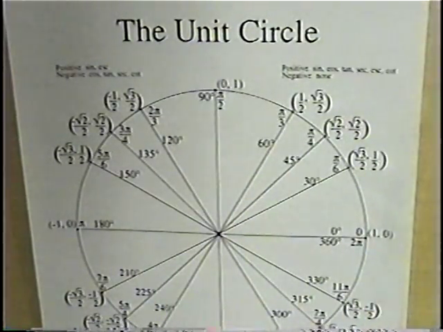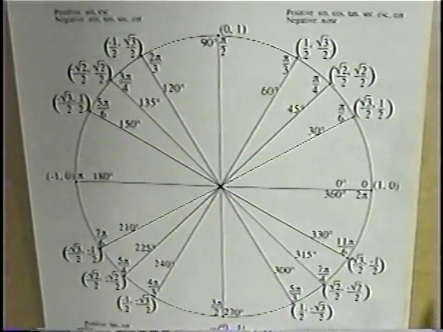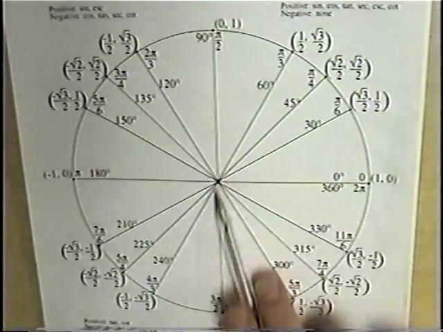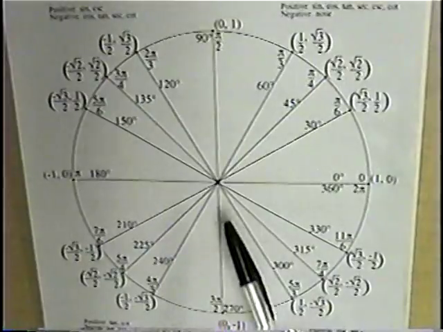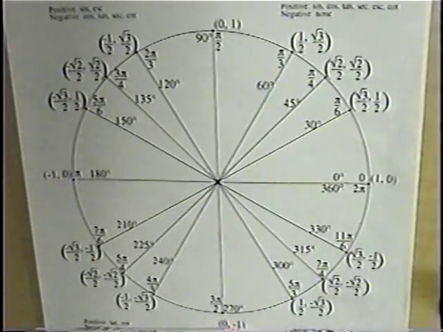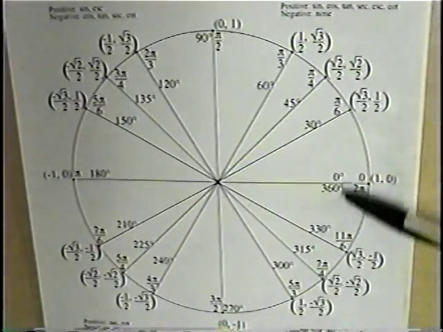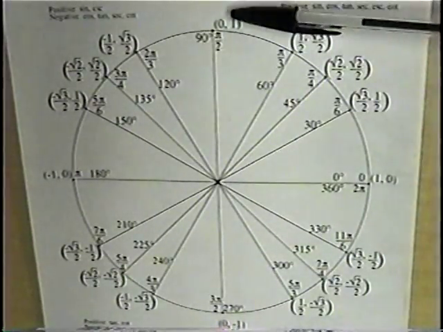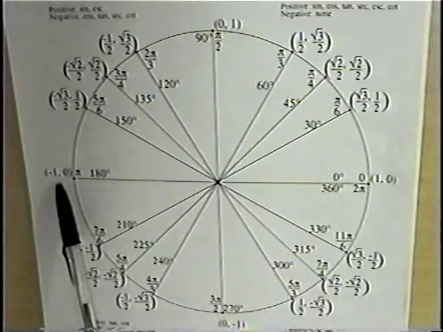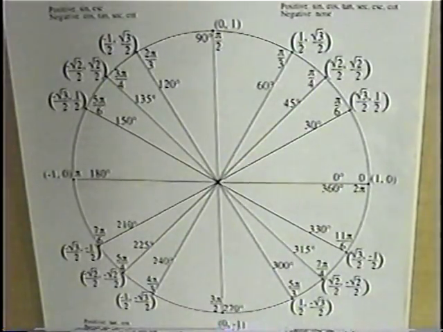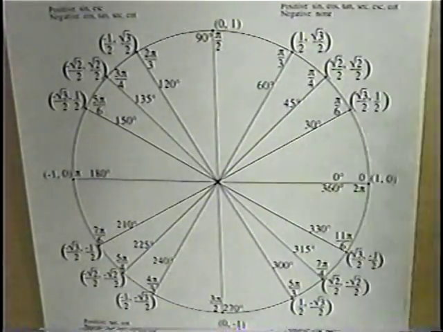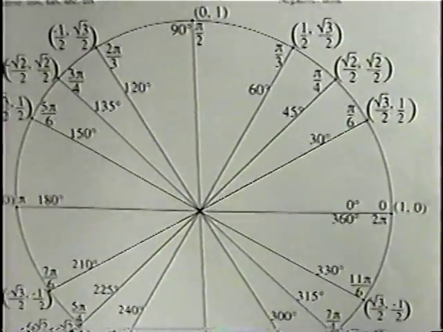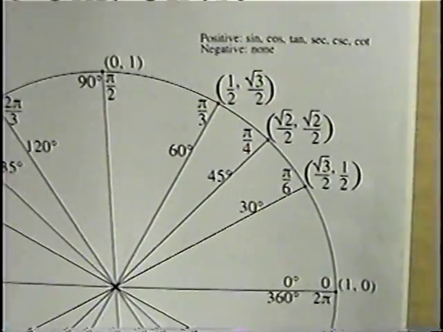Looking at the unit circle on the xy axis, the unit circle is centered at the origin, 0, 0, and has a radius of 1. So the 4 endpoints are 1, 0, 0, 1, negative 1, 0, and 0, negative 1. If you look at the first quadrant, which is in the top right-hand corner,